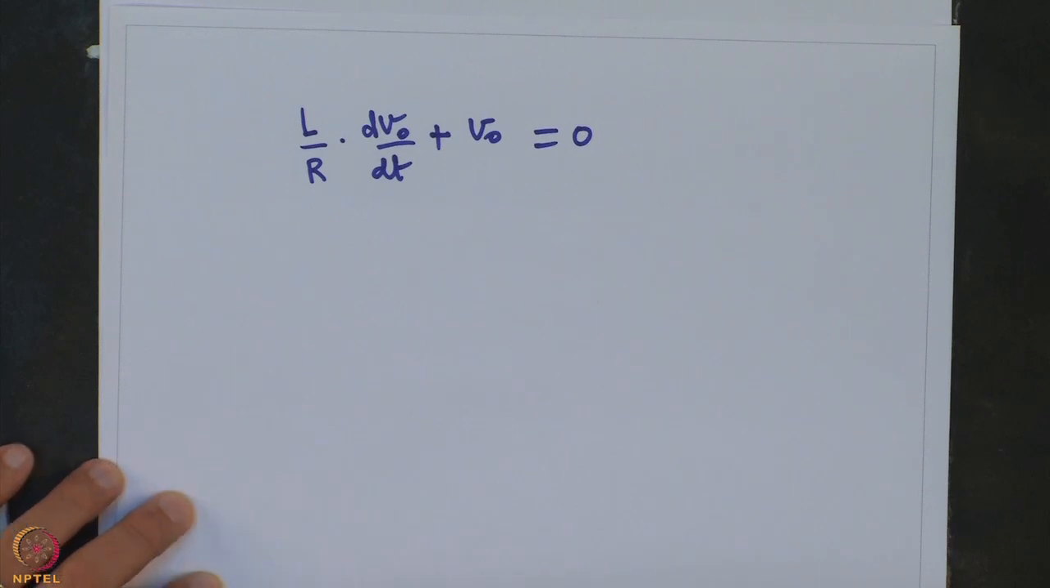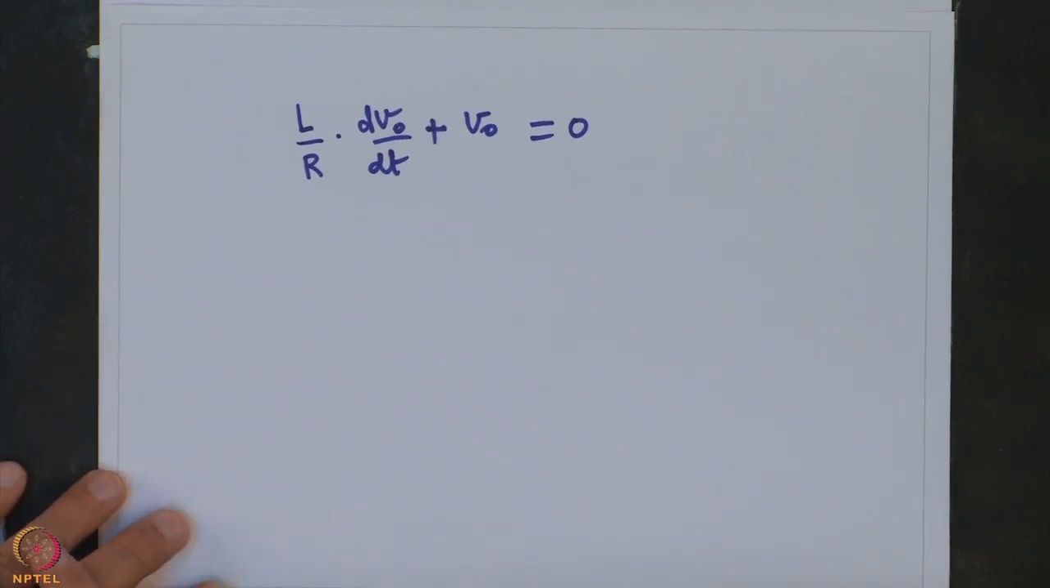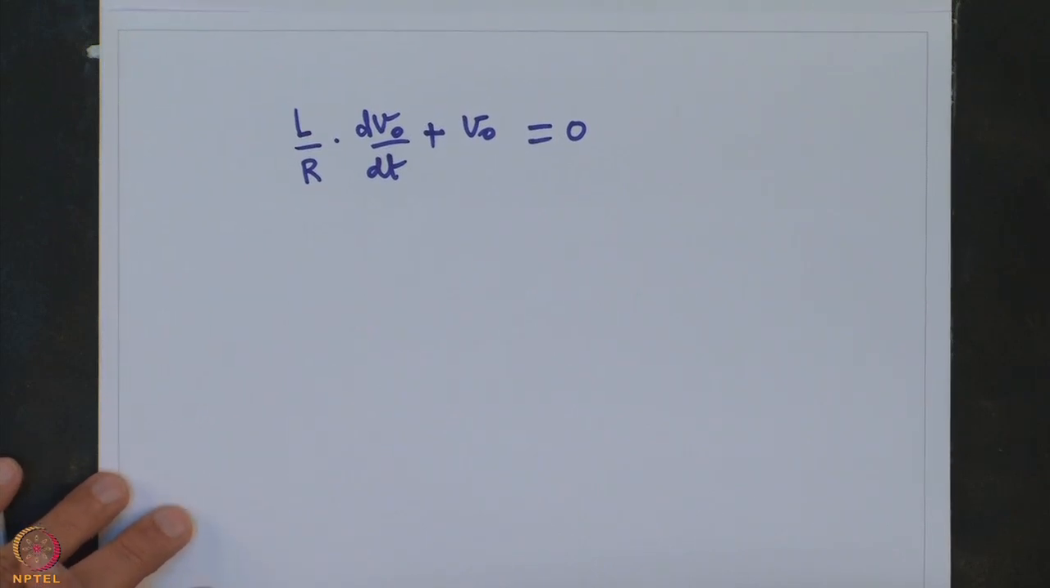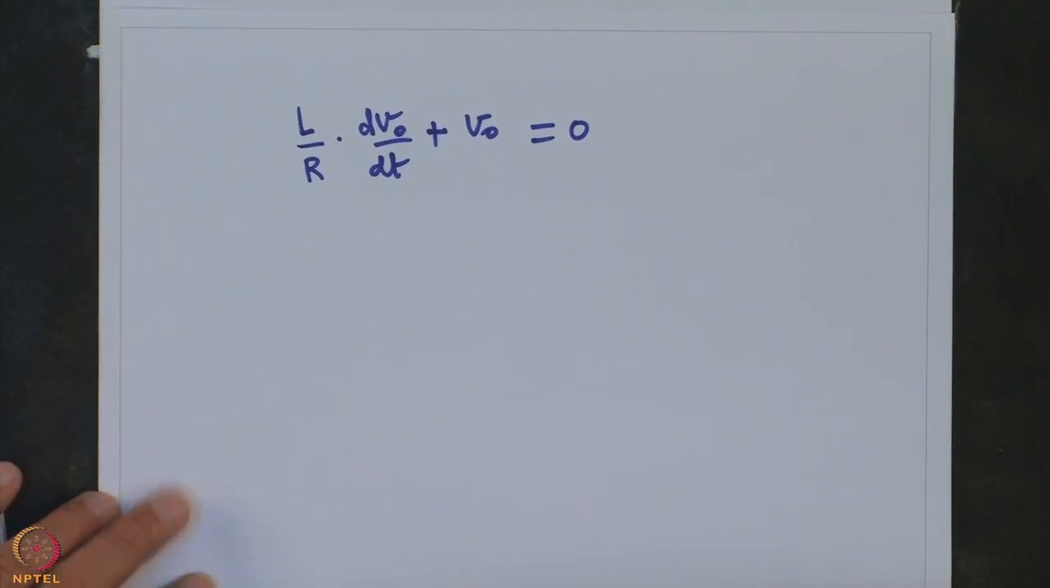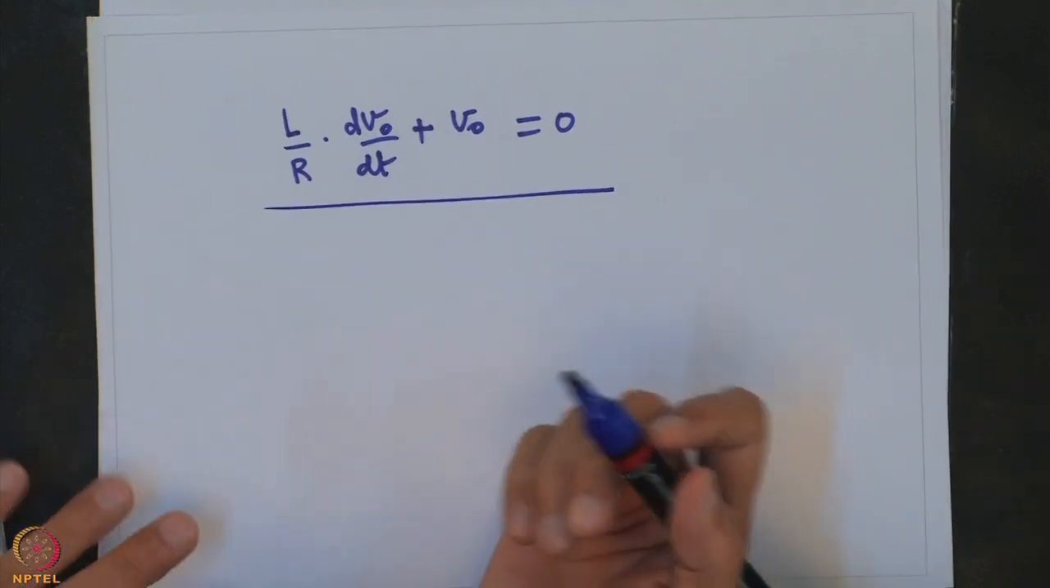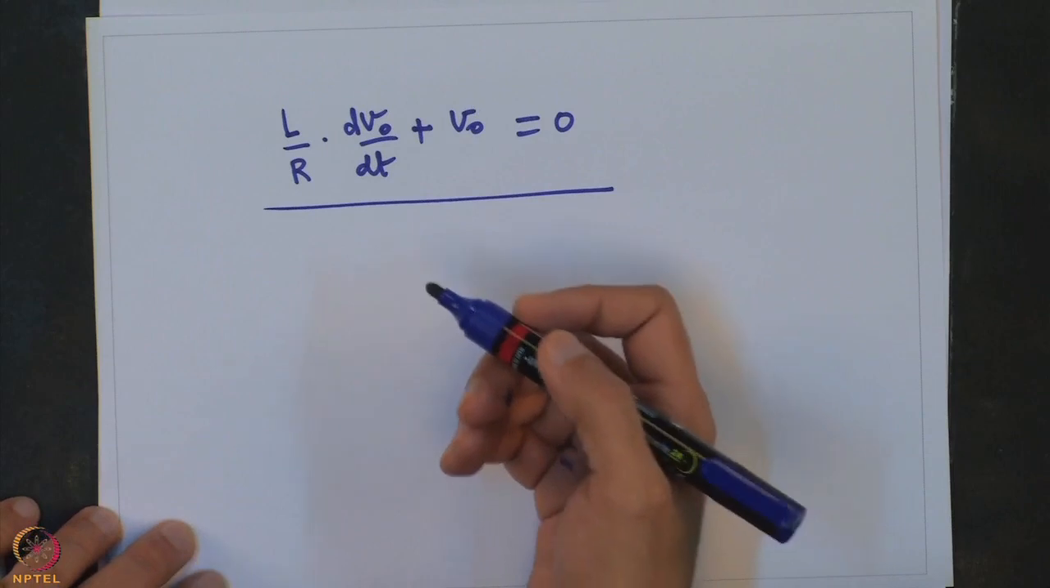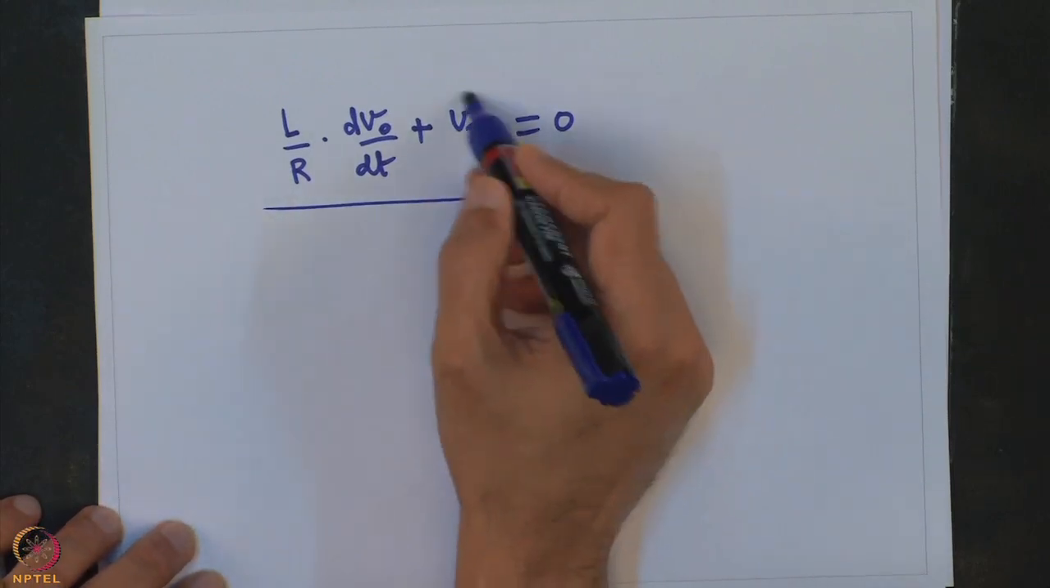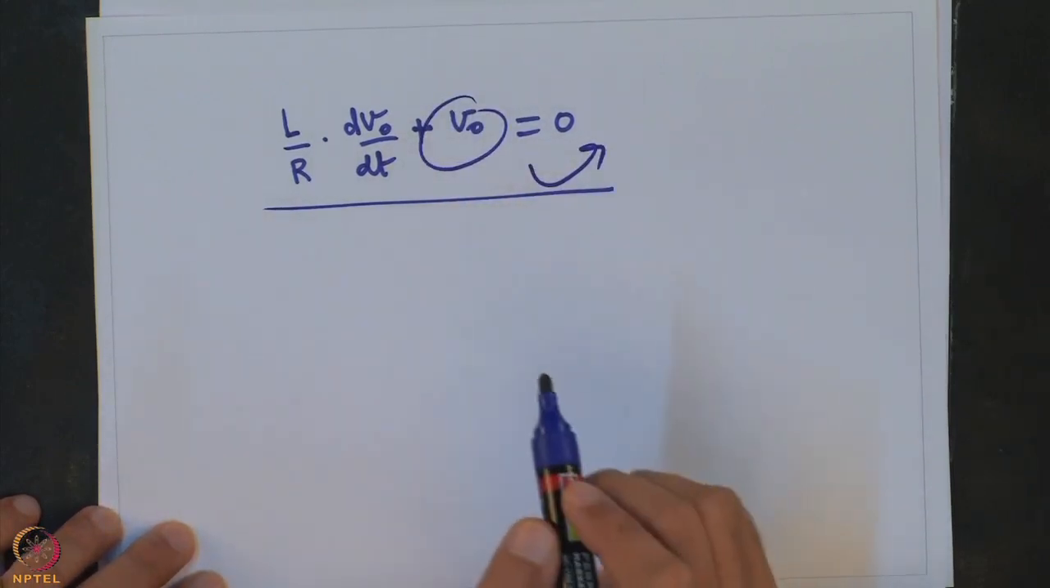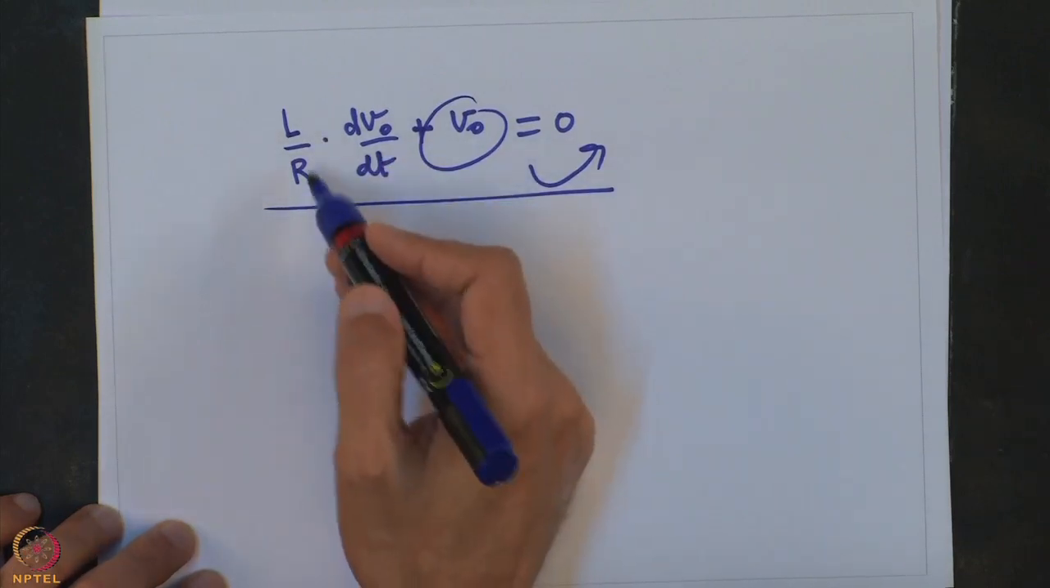And this is the corresponding homogeneous equation to the original non-homogeneous equation that we derived at the very beginning. Now, how can we solve this equation? As you can see, it gives us some ideas. If I take this V0 onto this side, and also take the L by R